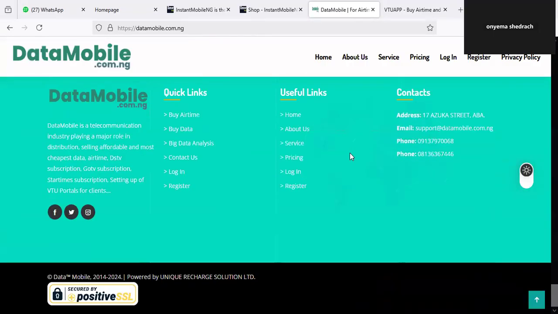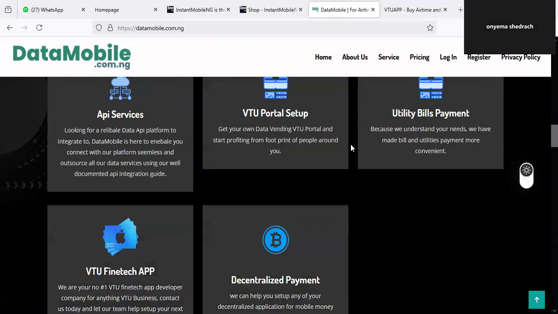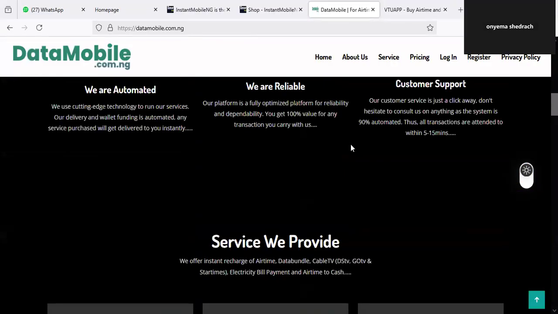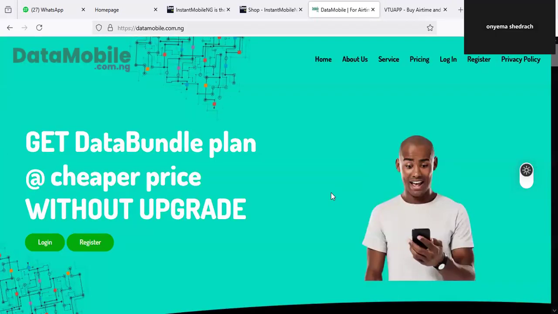Now, you may ask yourself, okay, Shadrach, if I pay you this amount of money, how does my website look like? One of the things that I and my team have built so far is that we have been able to train a sophisticated team of tech personnel that deploy VTU websites using sophisticated technology. So trust me, you are going to get a brand and a premium VTU platform that gives you peace